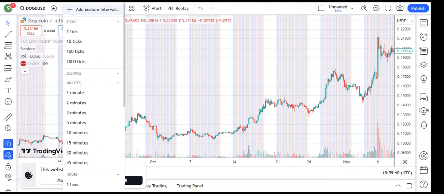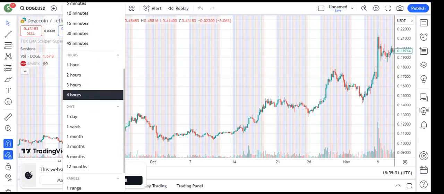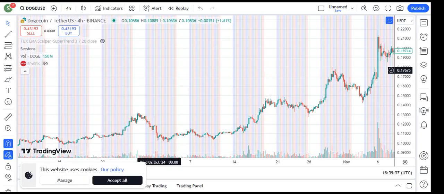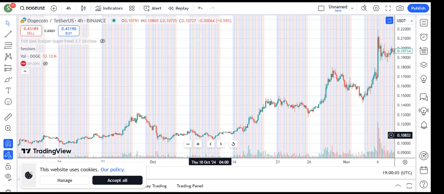Look at this place. There's a time frame where you see the 4H time frame. You can see 1 minute, 2 minutes, 3 minutes, 5 minutes, 10 minutes, and you can also scroll down further to see other time frames: the 4 hours, the 1 day, even the 1 week. Most times, when I want to map out my support and resistance levels, I use the 4 hour time frame. You can see it on the top left here, written as 4H, or the 1 day, or the 1 hour, which is 1H. If I can get those points, it takes me to a good resistance point where I can set my